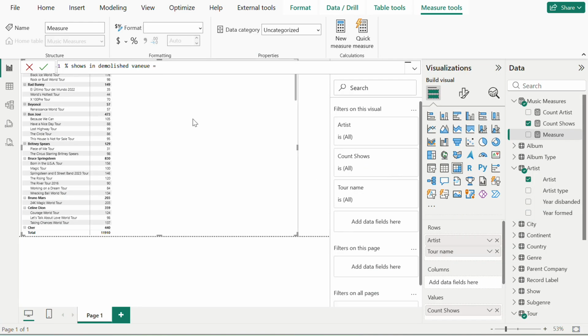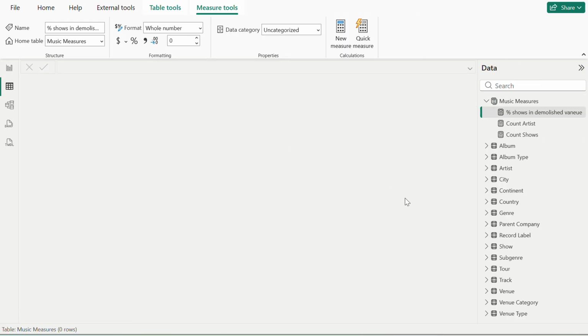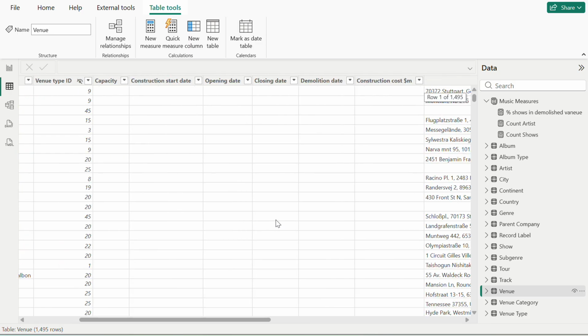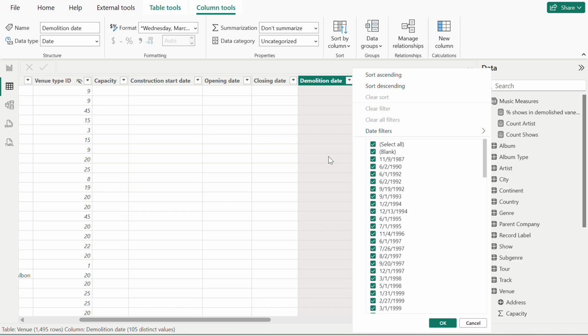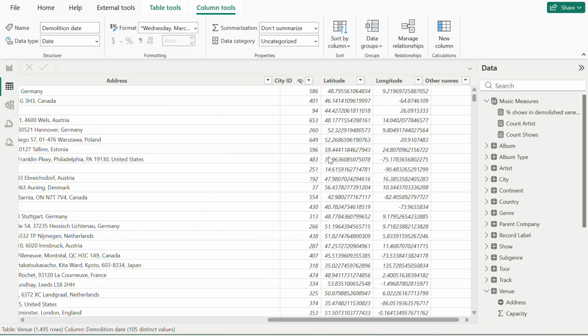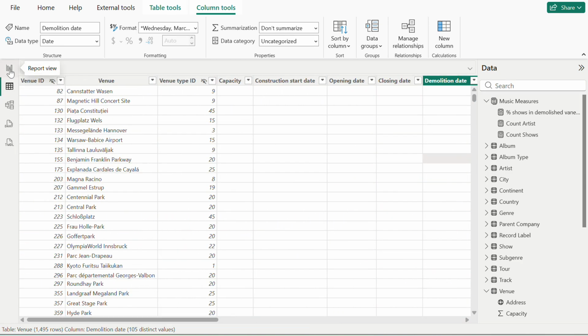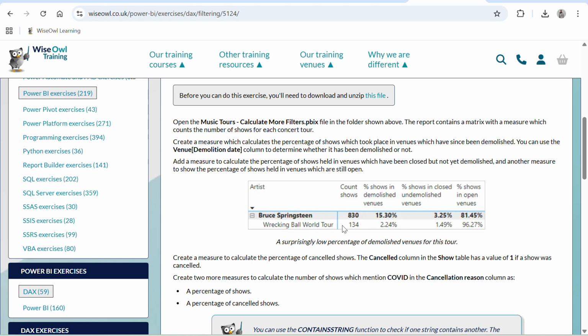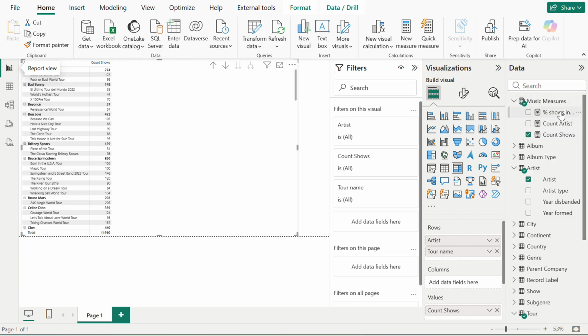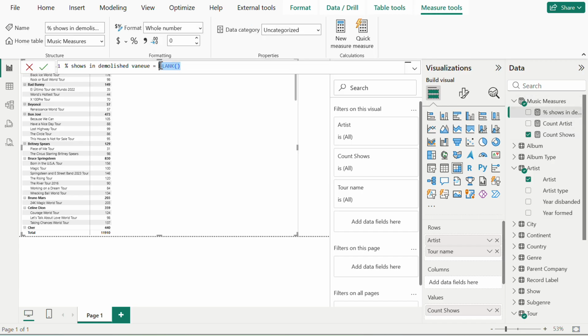Okay, so let's keep it blank for now, and we can go in the venue table and check for the demolish date. Yeah, this one. So where there is blank, it means that it has not been demolished yet, but where there is a date, it's been demolished. So we will be using that here. So we will be creating a measure, percentage of shows took place. Okay, so here what we will do, we will divide